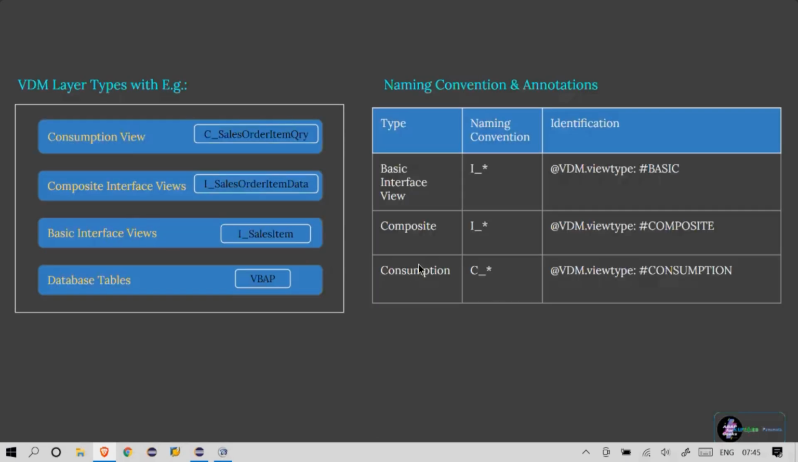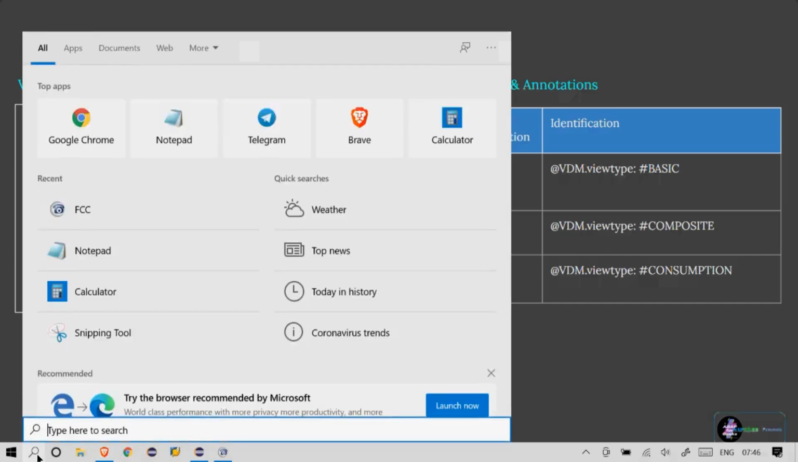Okay, this is about the VDM and the consumption, composite, basic and interface views. So the next question, which most of you will obviously already have in mind, is why exactly we have to create all this. Why can't we just simply fetch it and expose it? Why is S4HANA following this way? Why can't they directly do it? Let me explain with a simple example. So the main idea is to